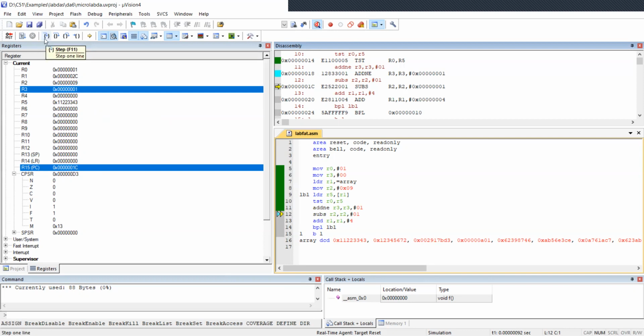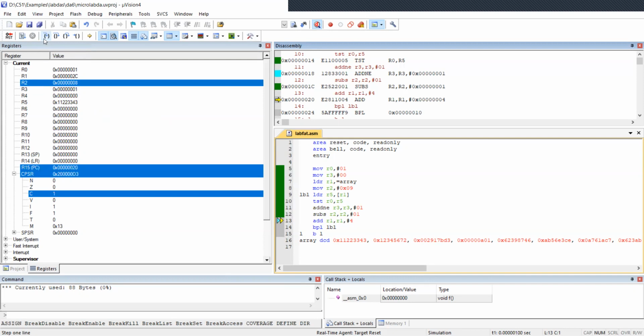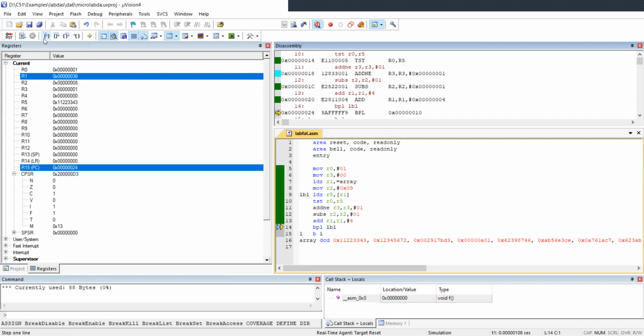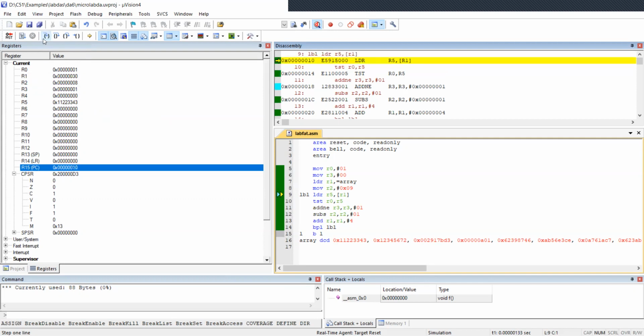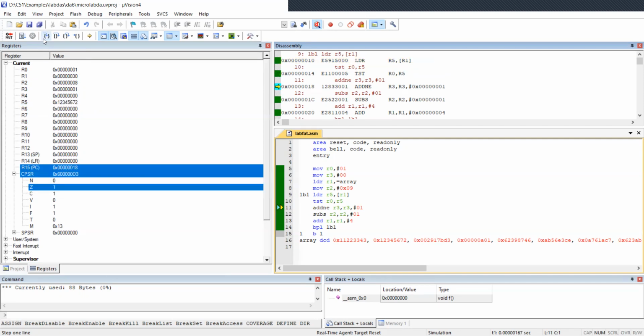After this, we subtract 1 from r2 to go down one number, then add 4 to r1, and we go back to the loop. Here we go back to the load. We will see that again we are loading the second element into the r5 register, and we conduct the test statement between those two.